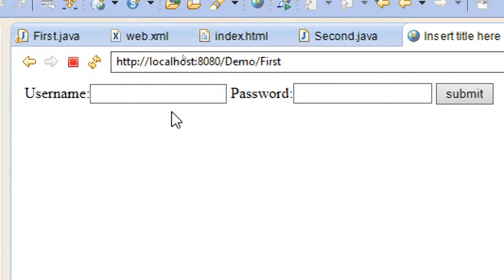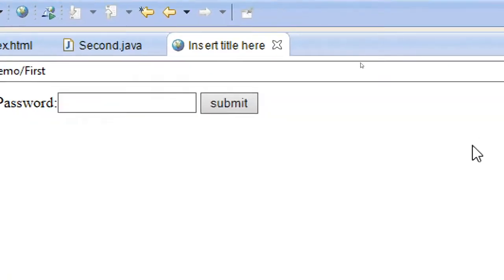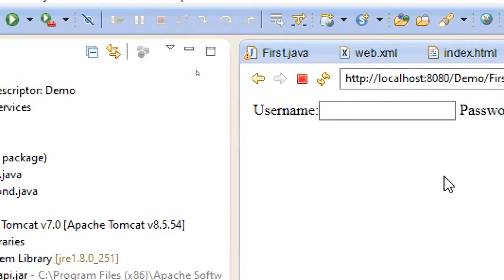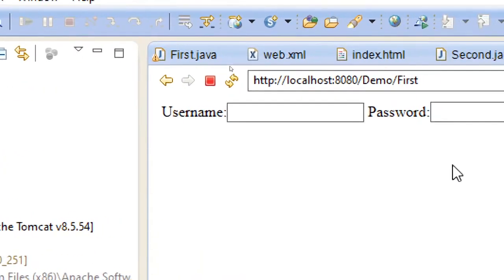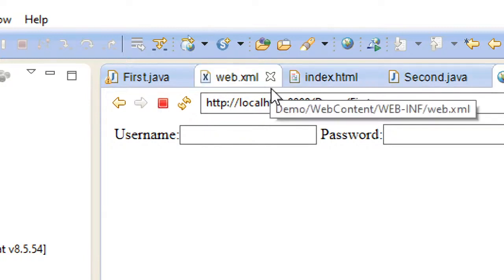So it is redirecting to the same page, but where is that wrong password message? No wrong password message being shown. Anyway, I'll check that later.